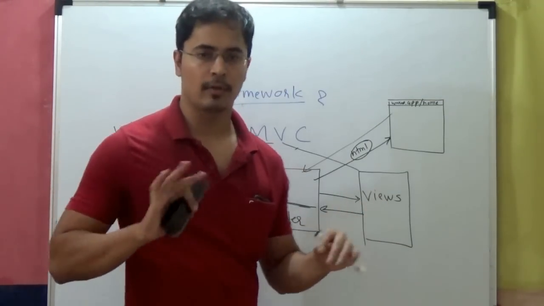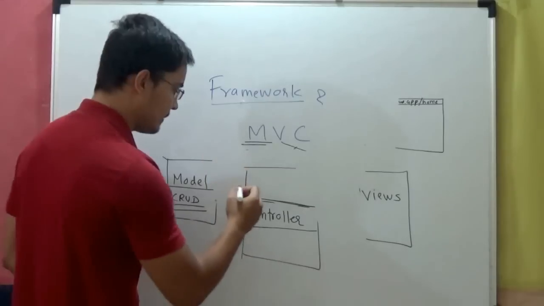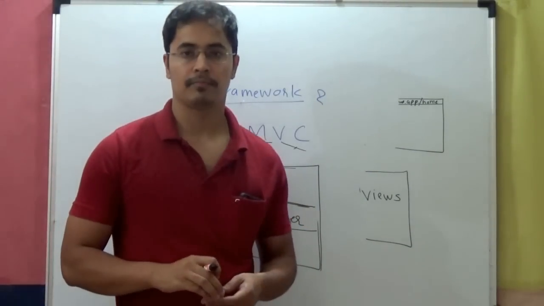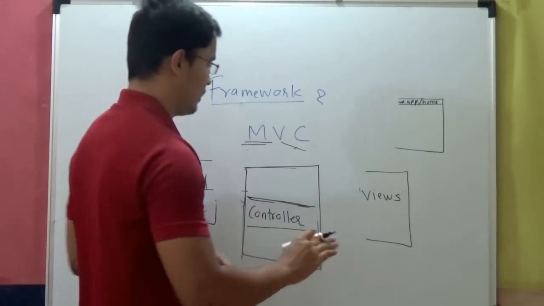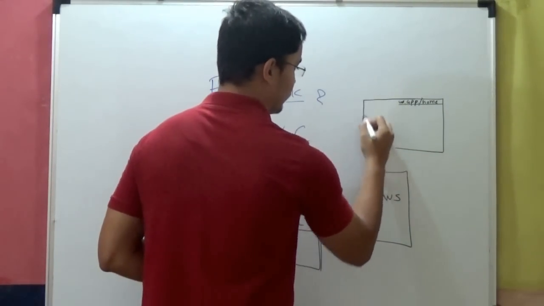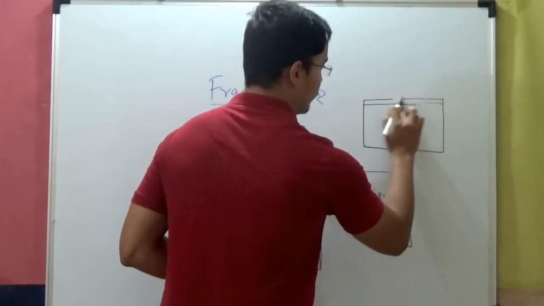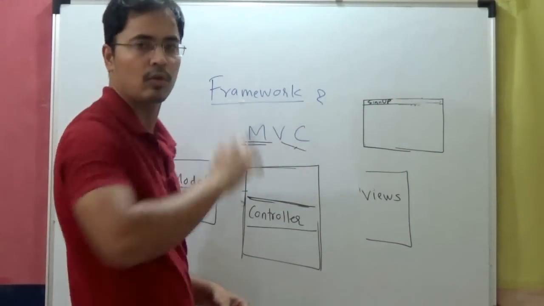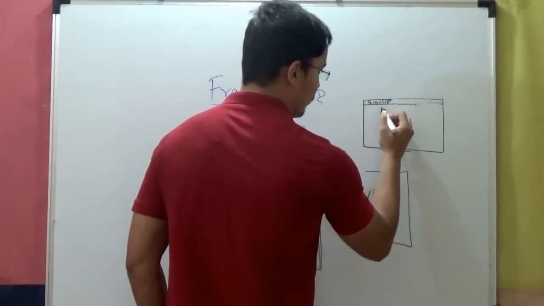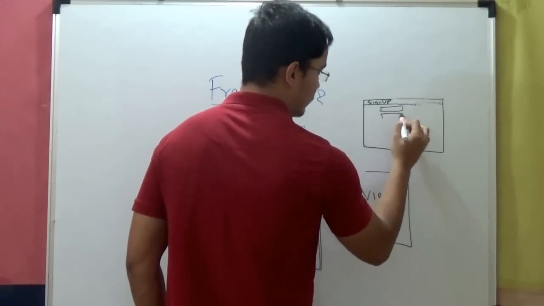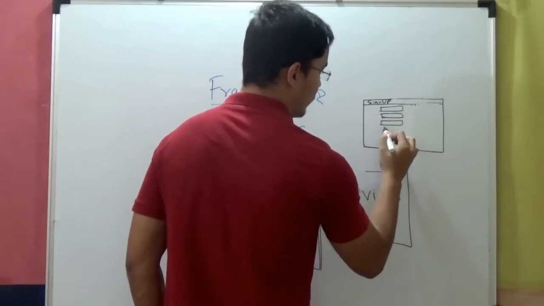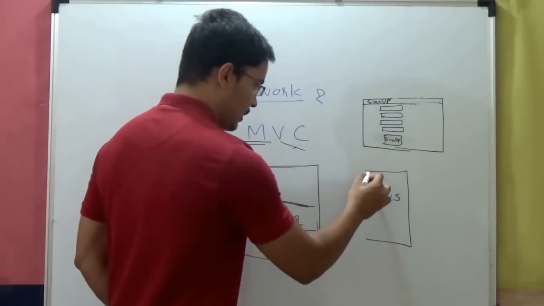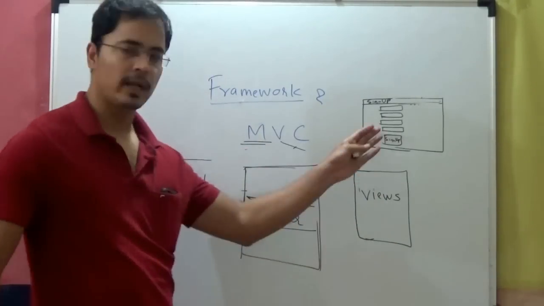Now, to further explain this phenomenon, I'll take a simple example. Let's take a simple example of a user sign-up process, right? So in the browser, when you say sign up for a particular application, you go to the path of sign up. You see this form, right? Username, password, email, and some fields, and then there's some button. So now, when you click this button,